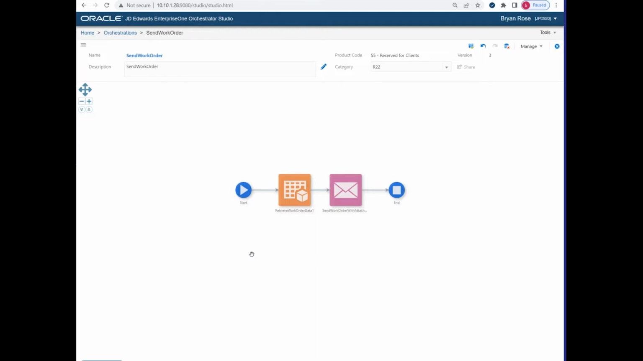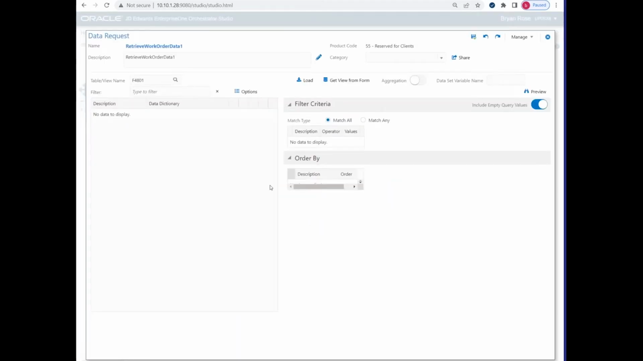Okay, so send work order, and like we talked about earlier, these orchestrations are normally built of multiple components. The first one I have here is me going in and doing a data request. So I'm pulling data from a specific table with the information that I want to put inside of an email. If I were to jump into this data request, what you're going to notice